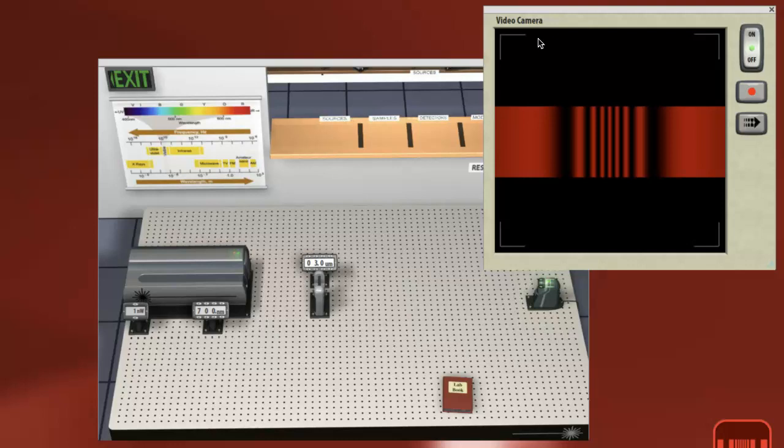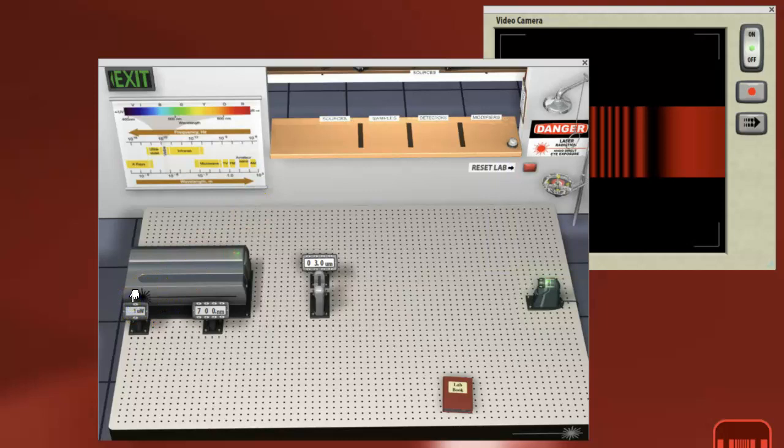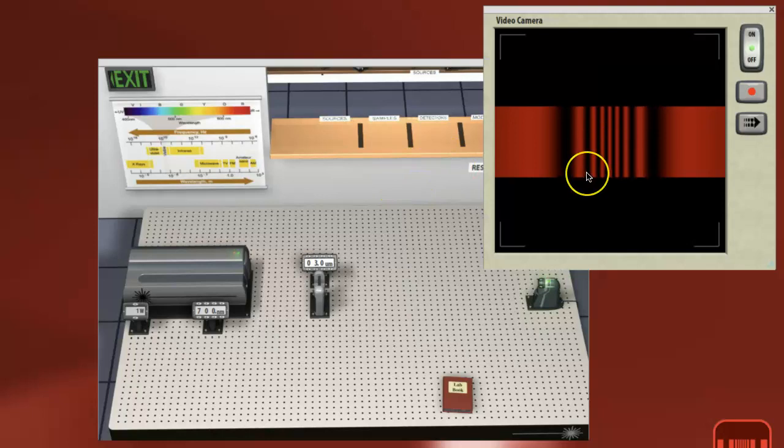Now we are going to change the intensity of the laser from 1 nanowatt to 1 watt. Then here I'm going to increase that to 1 watt. This is 1 watt. Observe the diffraction pattern and record your observation under the questions. Decrease the intensity of the laser to 1000